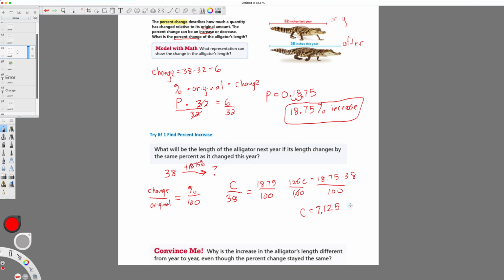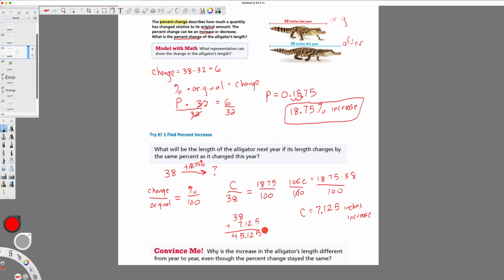Now if you're thinking, wow, that got shorter, remember this is the change. This is an increase of 7.125 inches on the 38. So to get the actual length, I'm going to have to add 7.125 inches onto the 38. So if I go 38 plus 7.125, I get